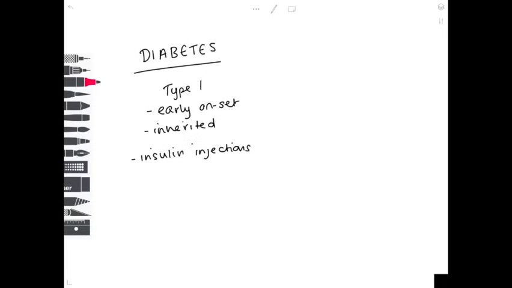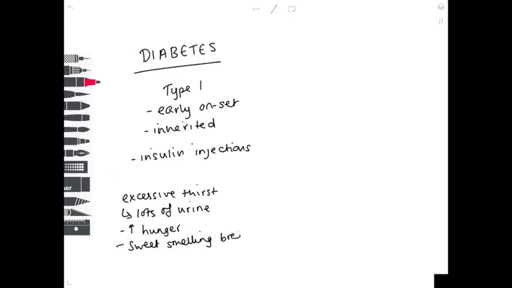In terms of symptoms, so how you might know that you have diabetes, first of all you'll get excessive thirst, so you'll want to drink all the time. As a consequence of that, you'll produce lots of urine because you've taken on so much water and liquid. You get increased hunger, sweet smelling breath,